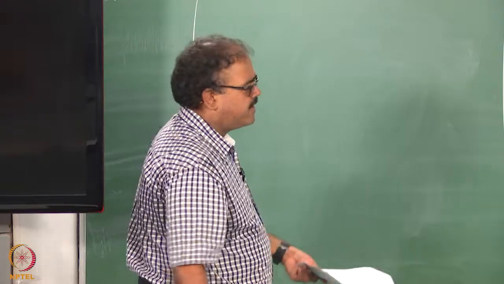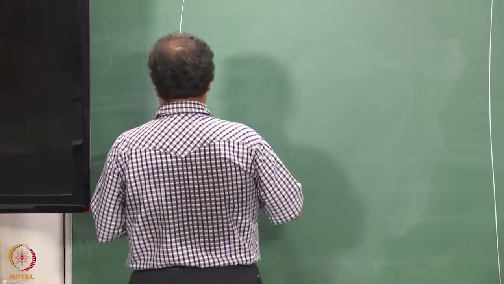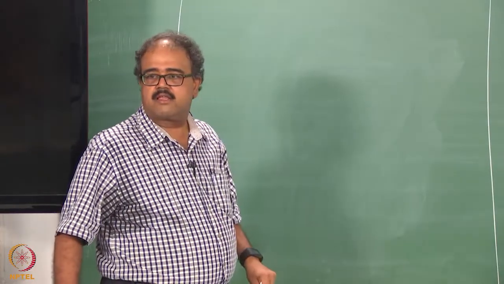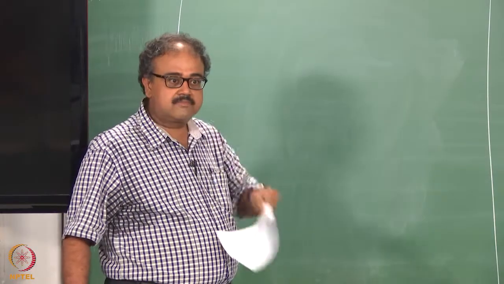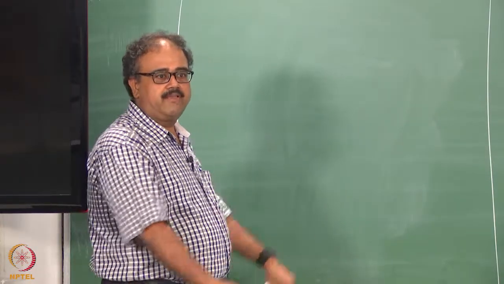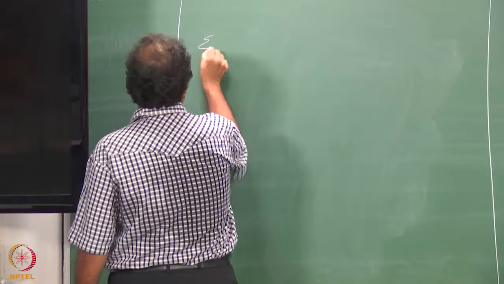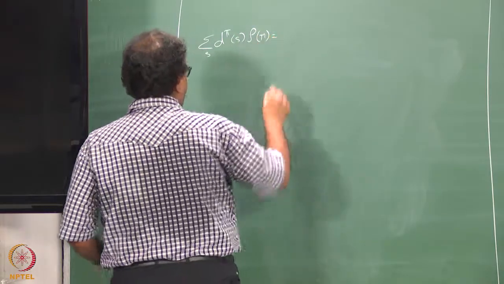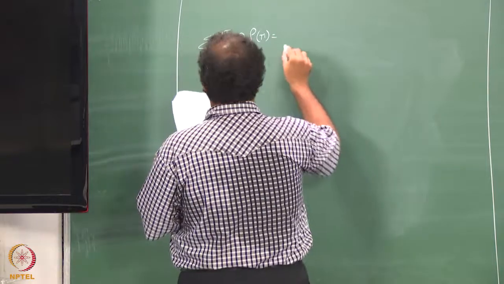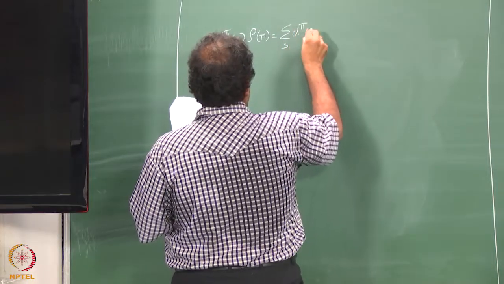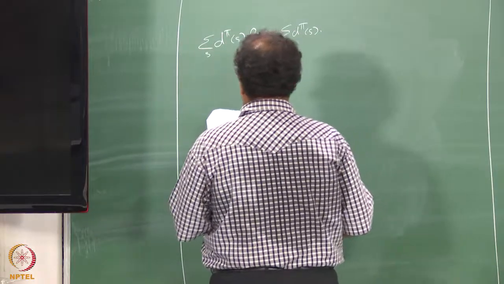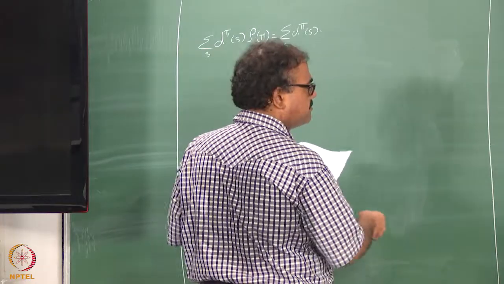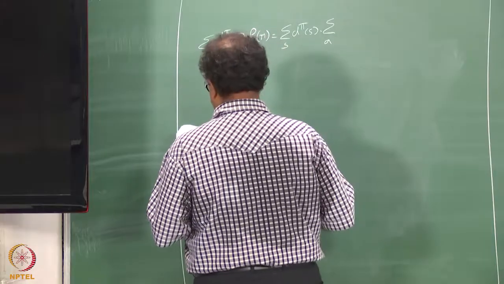So, more sleight of hand now. I am going to take expectations with respect to d pi s on both sides. I am going to take expectation with respect to d pi s on both sides. So, essentially what that would be is summation over s d pi s into rho of pi equal to summation over s d pi s into the first term, summation over a